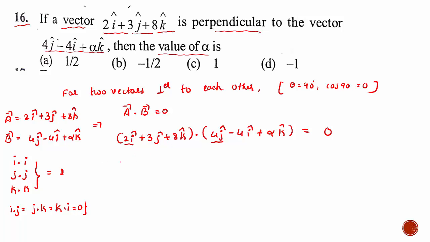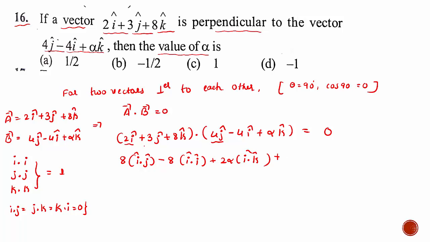See here, 2 into 4 is 8, remaining is i dot j. Then 2i into minus 4i, minus 8 i dot i. Then 2 alpha i dot k